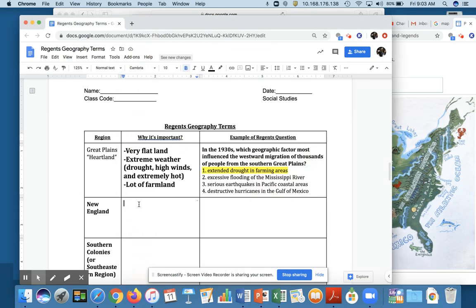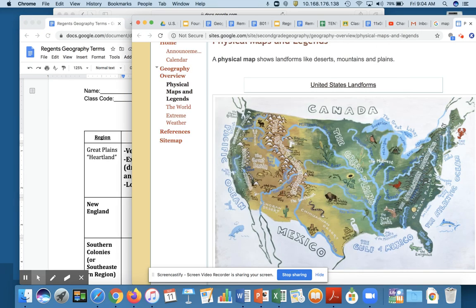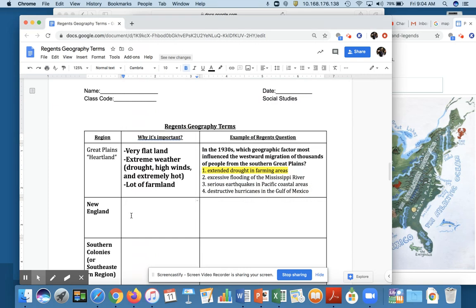The next region we'll look at is rather important in the beginning of American history, not as much as time goes on, so you'll see it a lot when we do the American Revolutionary War, and that is New England. And New England's located right here. Okay, so New England is located in the northeast corner of the country, and it's a lot different than the